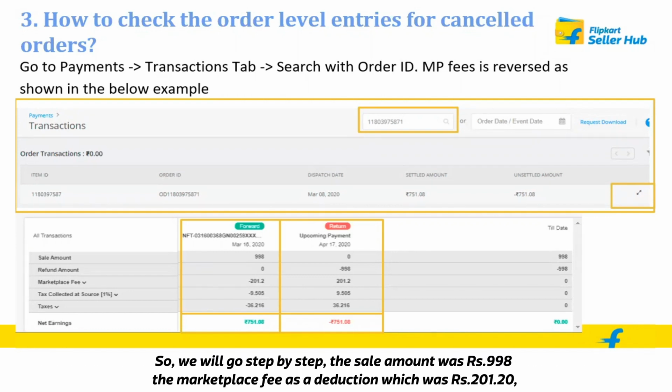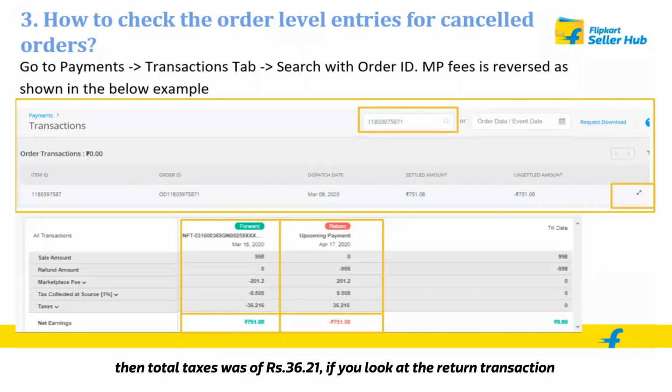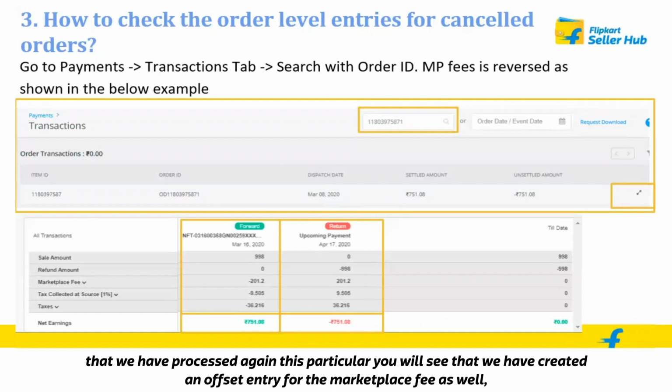So I will go step by step. The sale amount was 998 rupees. The marketplace fee was a deduction of 201 rupees and 20 paisa. Then total taxes were 36 rupees 21 paisa. If you look at the return transaction that we have processed, again in this particular entry, you will see that we have created an offset entry for the marketplace fee as well.